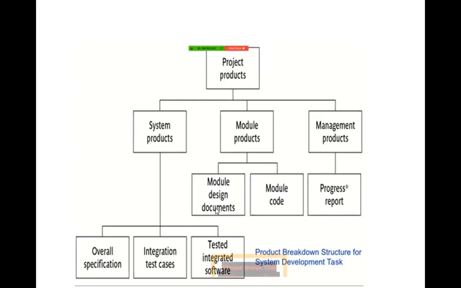That we will discuss in module design structure. Then we have to again split the module product, then we have to split the module production into module code. We have to write the code here. Here, in the module design document, we have to decide which infrastructure we will follow, and in module code we have to write the code.